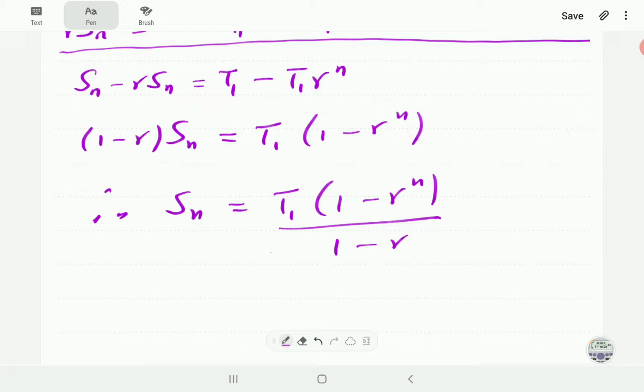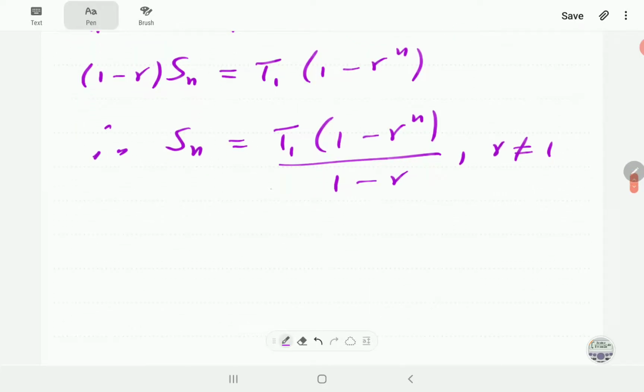Now, whenever we divide by something, we need to make sure that it cannot be equal to 0. So here, this formula is going to be fine so long as 1 minus R is not equal to 0. So that means we're going to have to restrict R to be different from 1. Okay. Another thing,